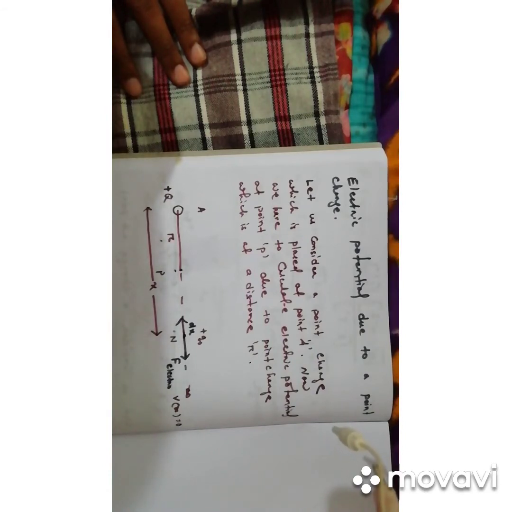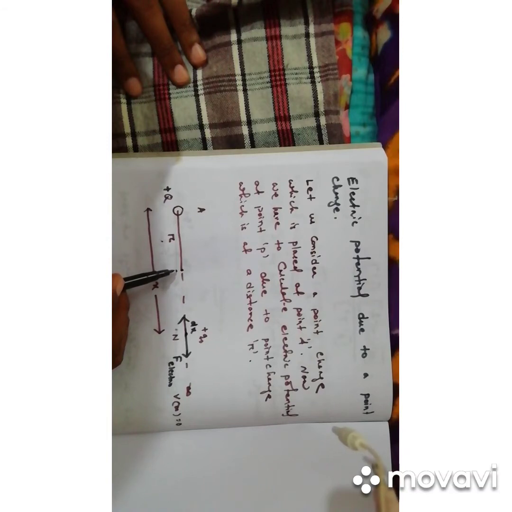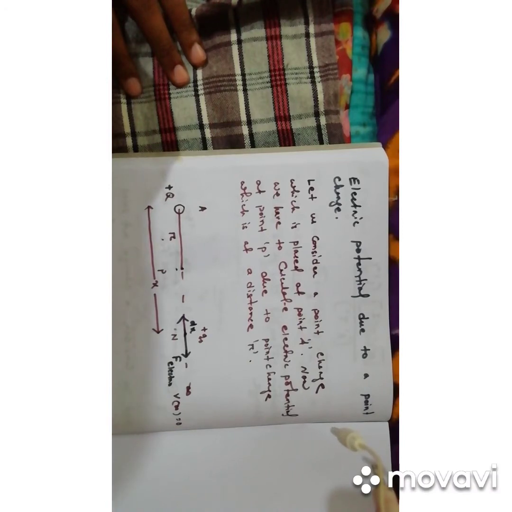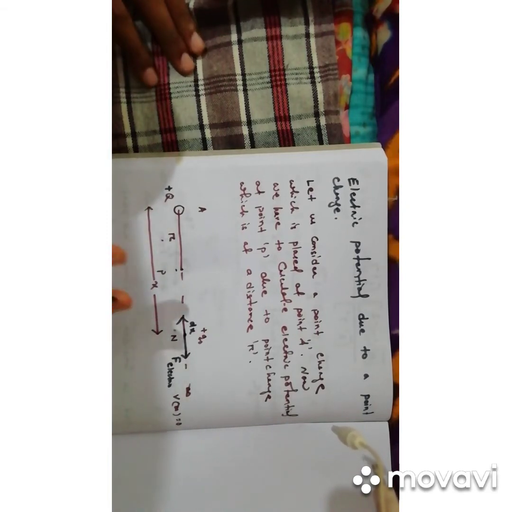After that we have to calculate the electric potential at that point P, where the test charge moves from infinity to point P. That represents the total work done by the test charge while moving from infinity to the point P. Clear? That magnitude of work done represents the electric potential. Here we write that we know the potential at infinity is 0.